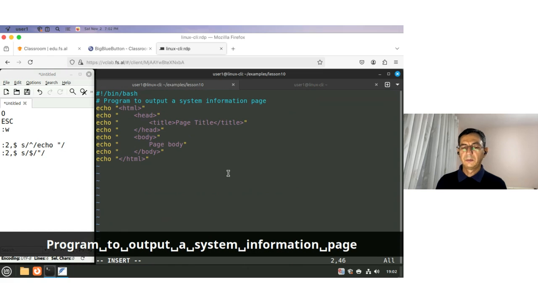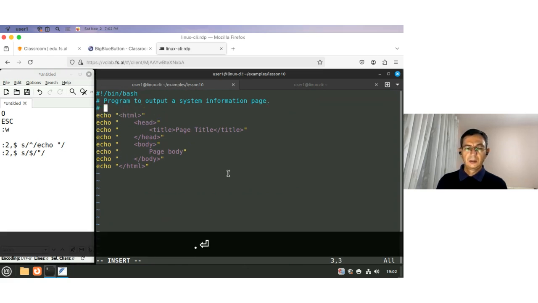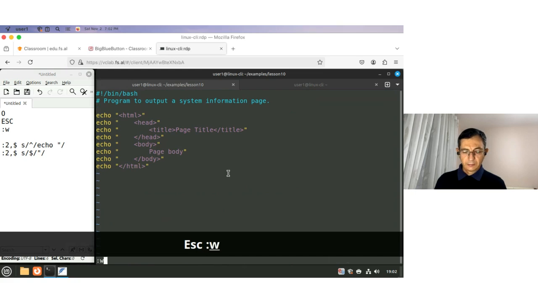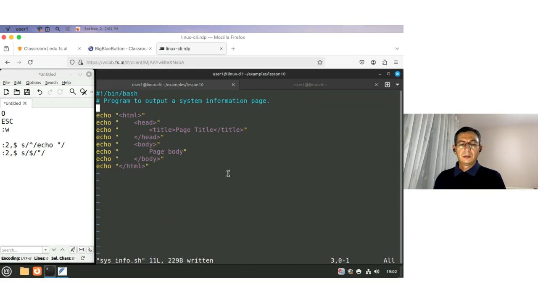Program to output a system information page. And I'm leaving an empty line here. Let me save the script so far. Now we can improve